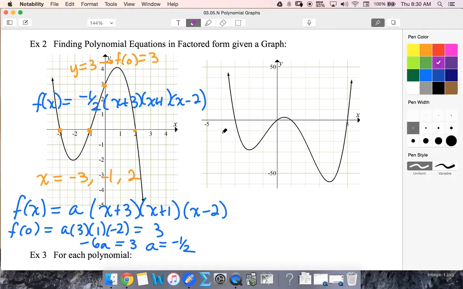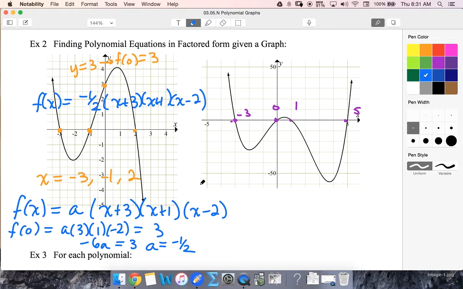Looking at my roots, I have -3, 0, +1, +5. I also have a y-intercept of 0. So this tells me that my f of x, maybe I'll switch colors, that my f of x, I know that the a value is positive, but I don't know what it is. I know I have roots of x plus 3,